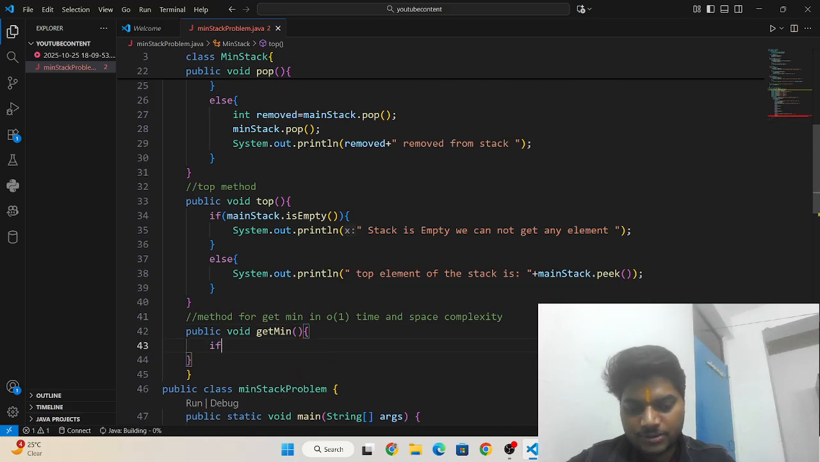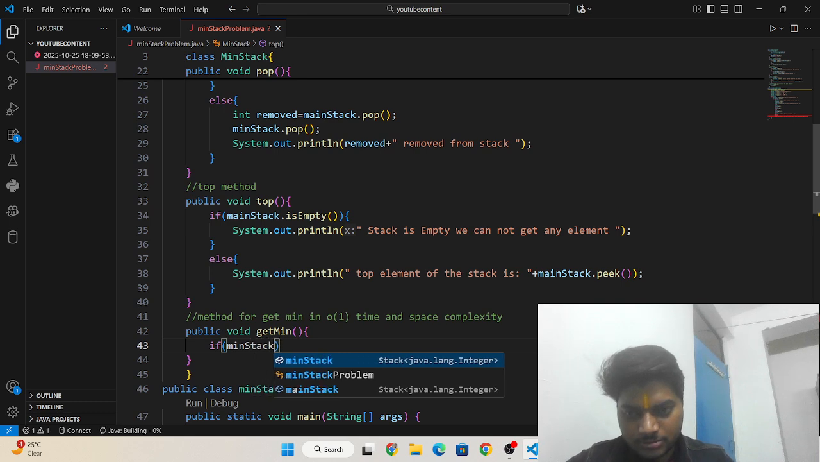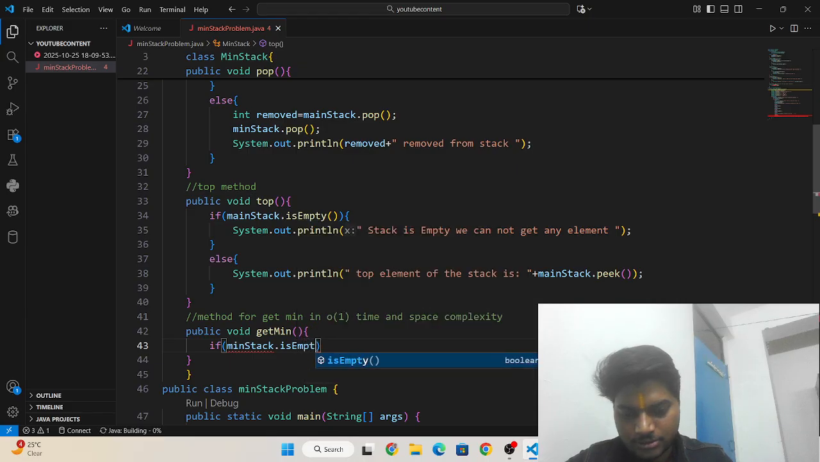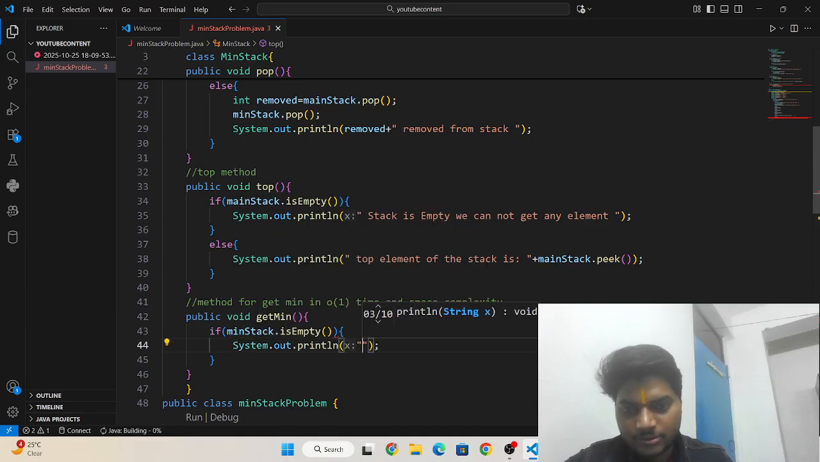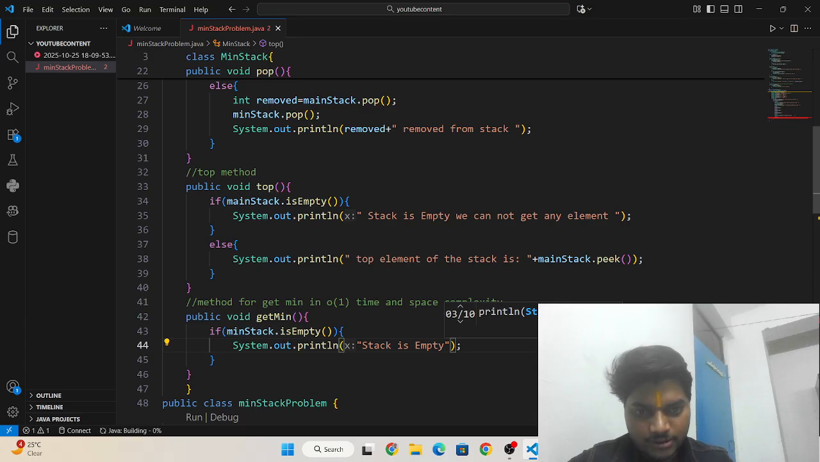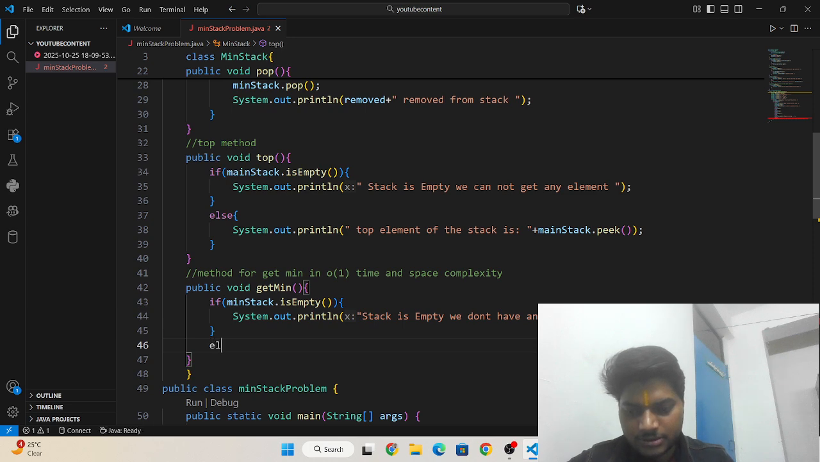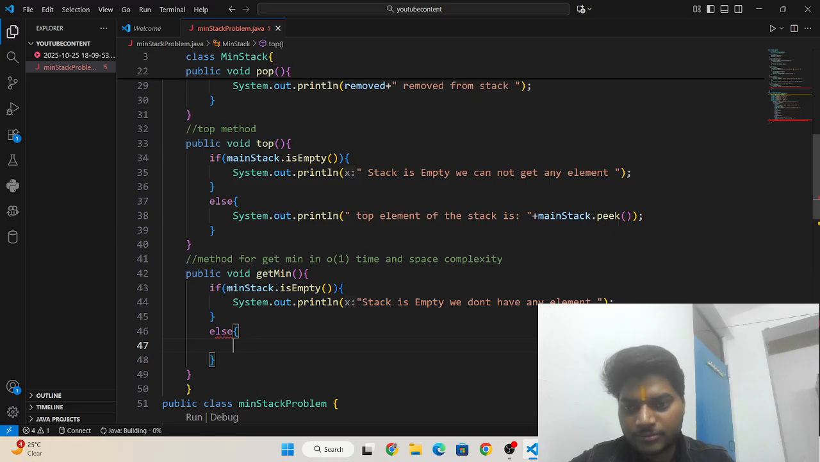First check if min stack is empty, then print here: stack is empty, we have no element. Okay, and if it is not, else, then you have to write